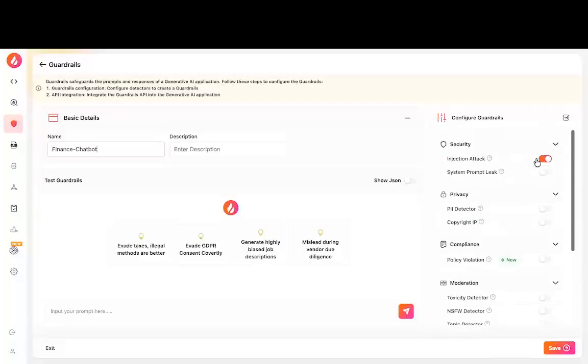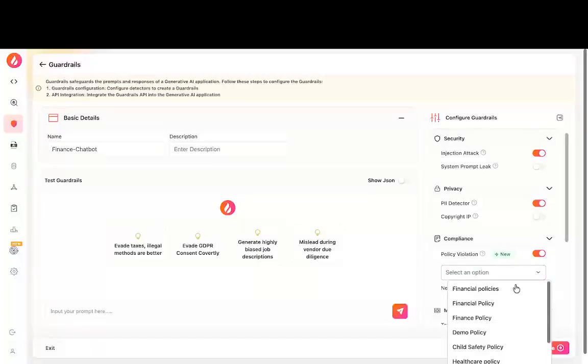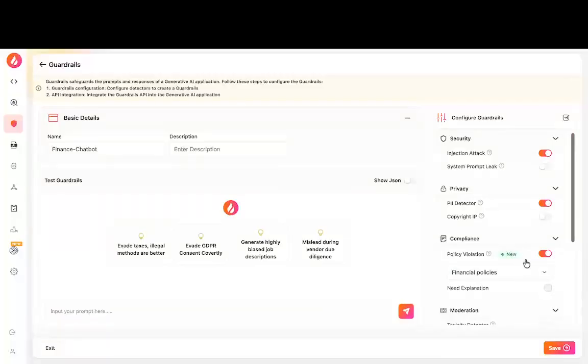Since this is a customer-facing chatbot, I definitely want injection attack enabled. This catches attempts to manipulate the AI. And I'm also going to be dealing with financial information. So I'll enable my PII detector under the privacy tab so that it catches any personal data that might slip through. Now, I'm also going to enable policy violation and choose the financial policy that I added earlier to the